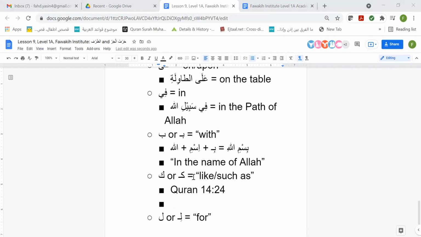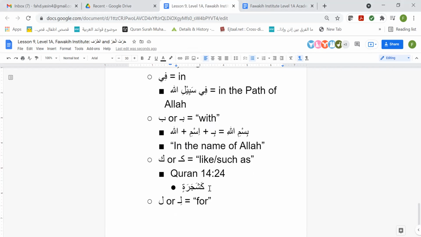Okay, so let's just go with that part only, just for the sake of showing you what it is. So in the Quran, I'll do it like this so you know it's part of this. Kashajaratin. I don't want you to worry about tayyibatin. Tayyibatin is what's considered a sifa, or an adjective. But it's not part of the grammatical lesson, so we'll just focus on this. So this is basically kashajaratin.